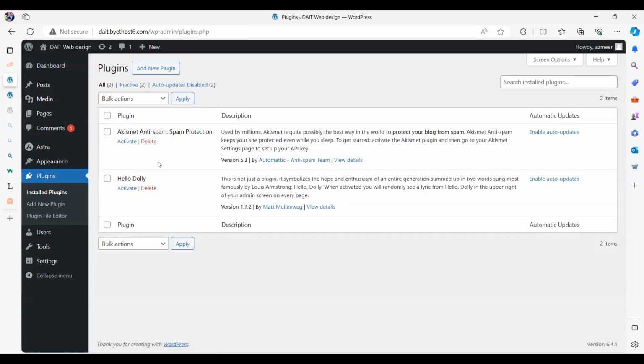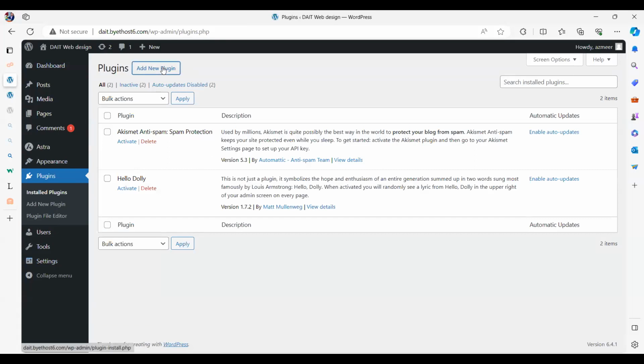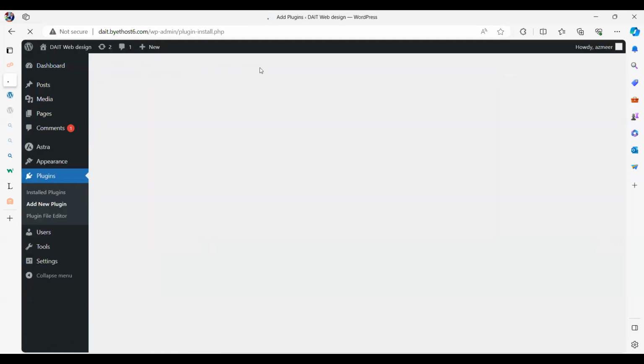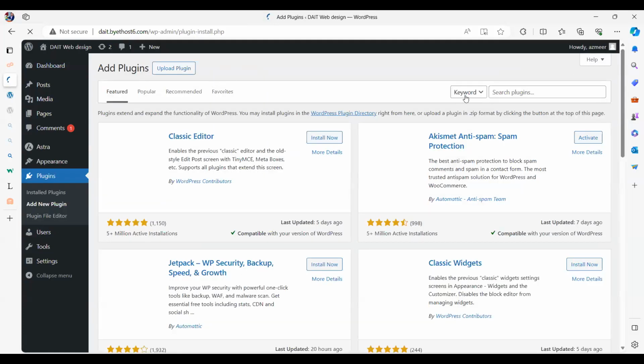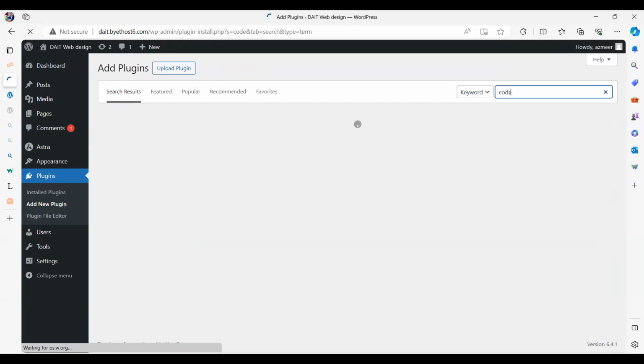Remember, we had one for, oh, where is our contact us page plugin? Oh, that's not there. Okay, let me add a new plugin. This time I'm going to have something to display code. So I'll say code prettify. It comes automatically, so I'm going to select that.